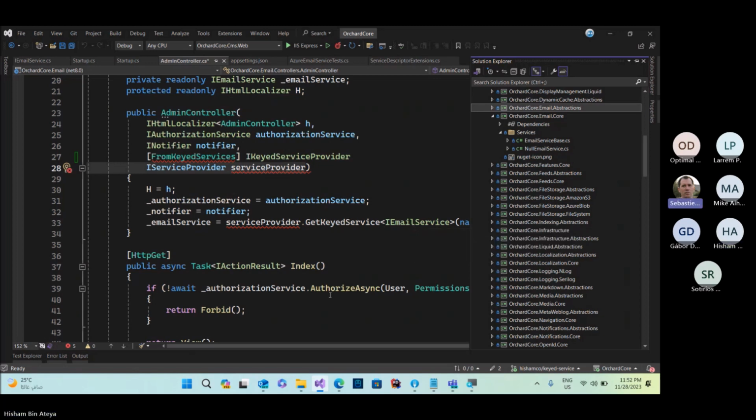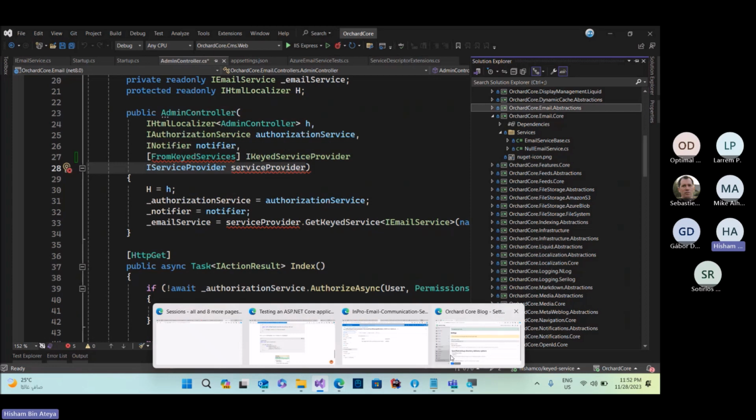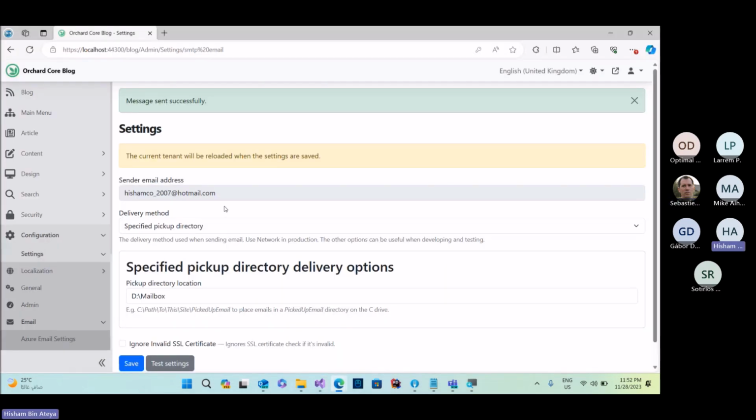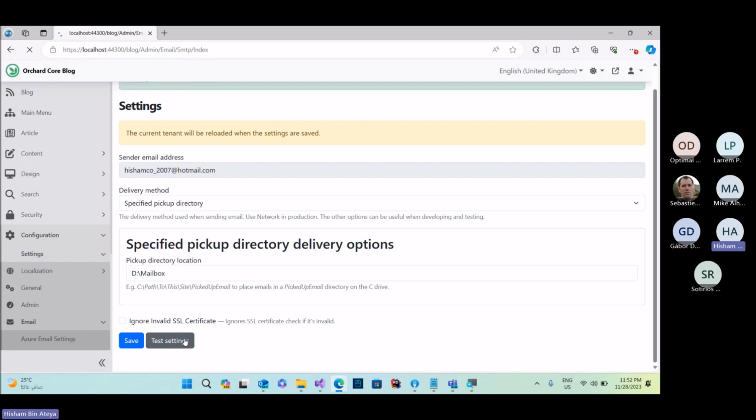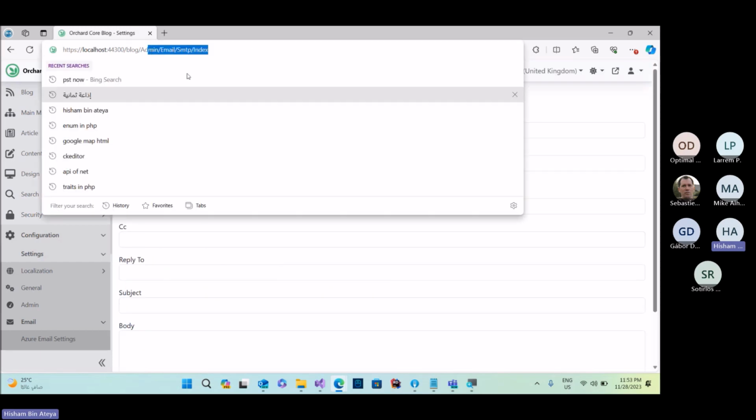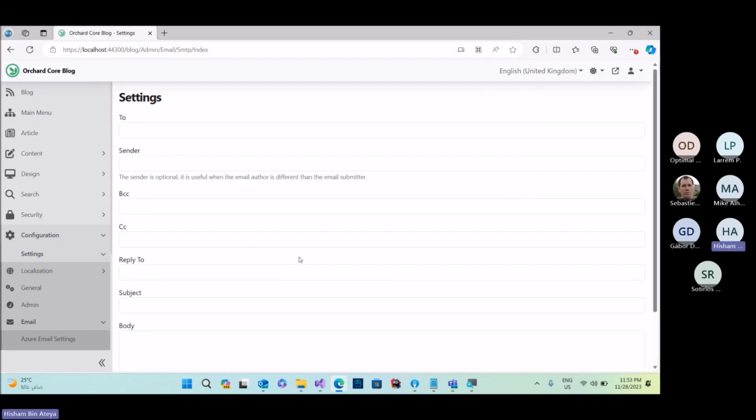But here, I don't think you need keyed services. The problem here, I think, is that previously we had just a single implementation, and for testing, we need to make sure that we have an SMTP implementation only. When I tested before I enabled the Azure, everything worked fine. Or if you enable the SMTP after the Azure, everything should work fine, because the DI, when you get the email service, will give you the SMTP implementation. But the problem arises when the Azure is registered after SMTP.